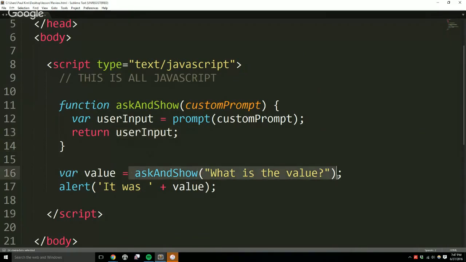By showing you what it looks like here. So here I'm actually calling the function. I'm calling ask and show. So the browser's like, okay, this is a function Paul wants. Cool. He must have defined it earlier. Okay, it's right here. And he's passing the servant ask and show, the function ask and show, a string value